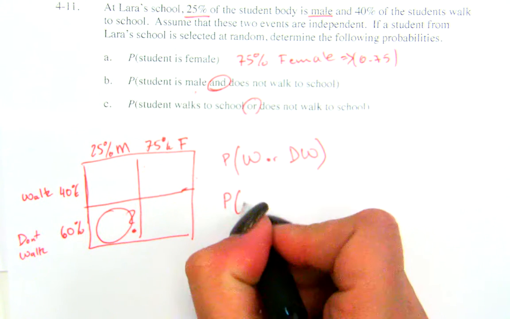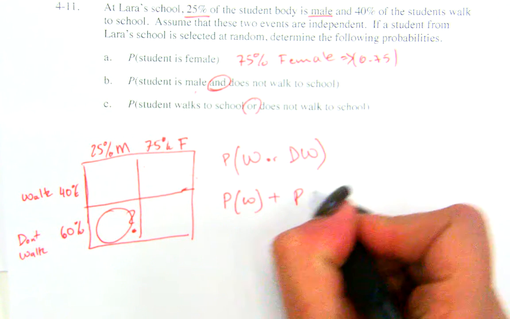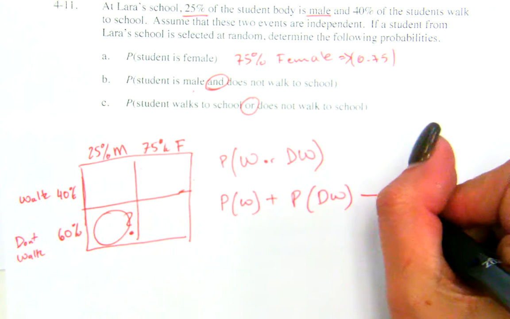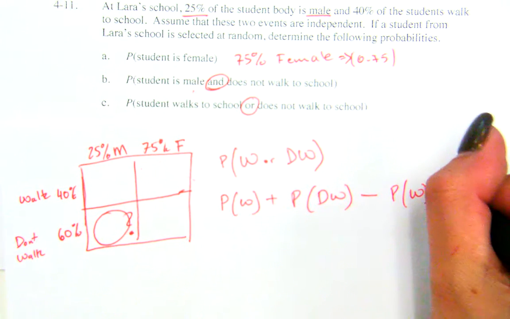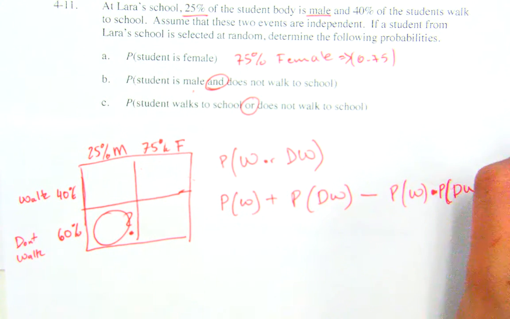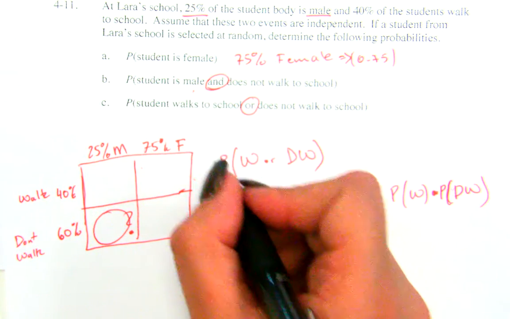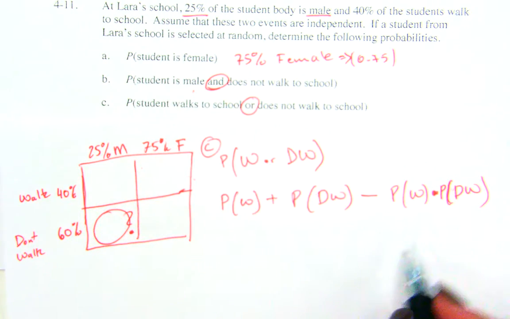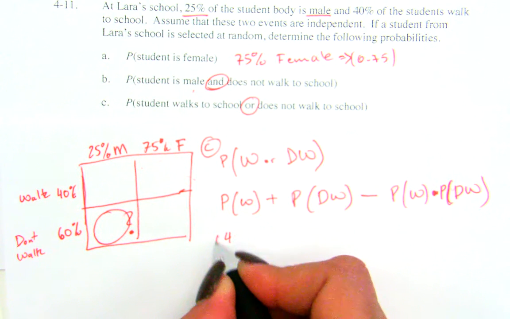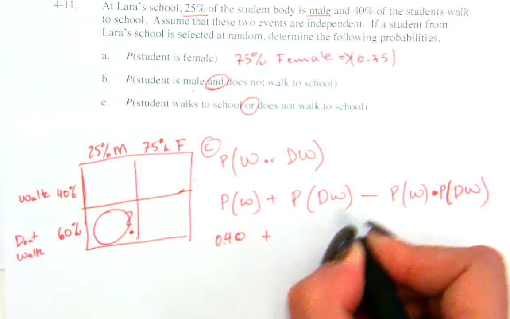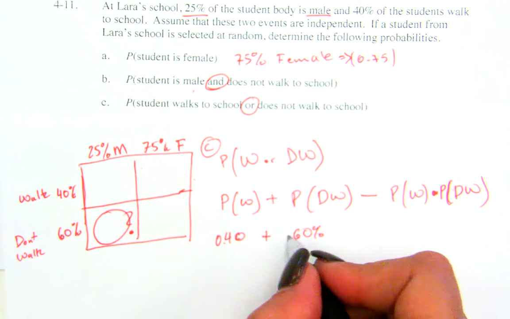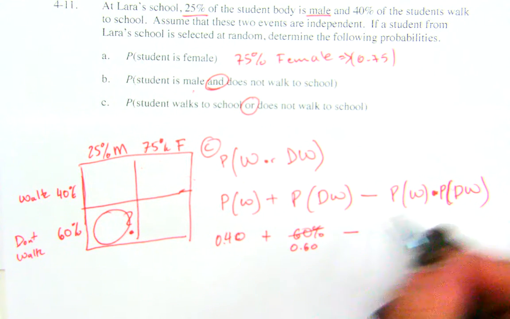You can set up probability of walks to school plus probability of doesn't walk to school minus the probability of walks to school times the probability of doesn't walk to school. Now when you do all this fun, awesome, and exciting work, probability of walks to school is 40%, 0.40, plus probability of doesn't walk to school 60%, or 0.60, minus,